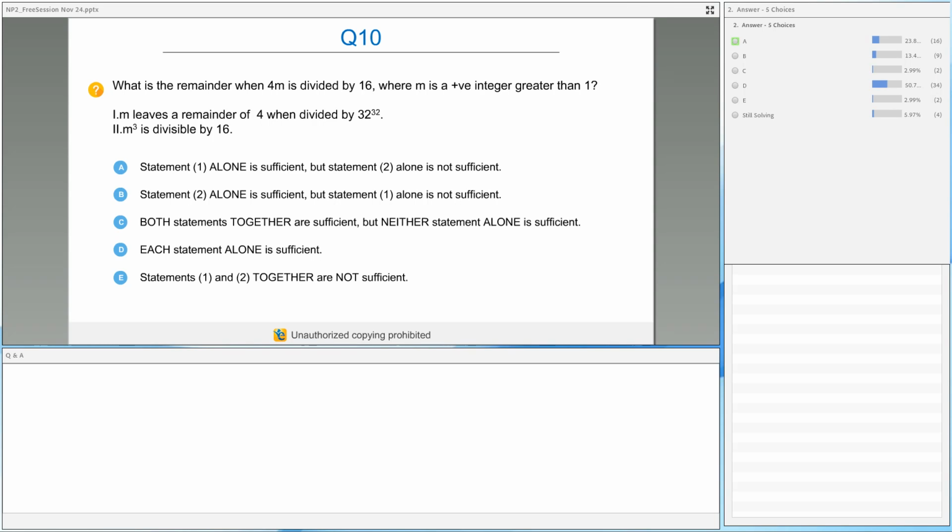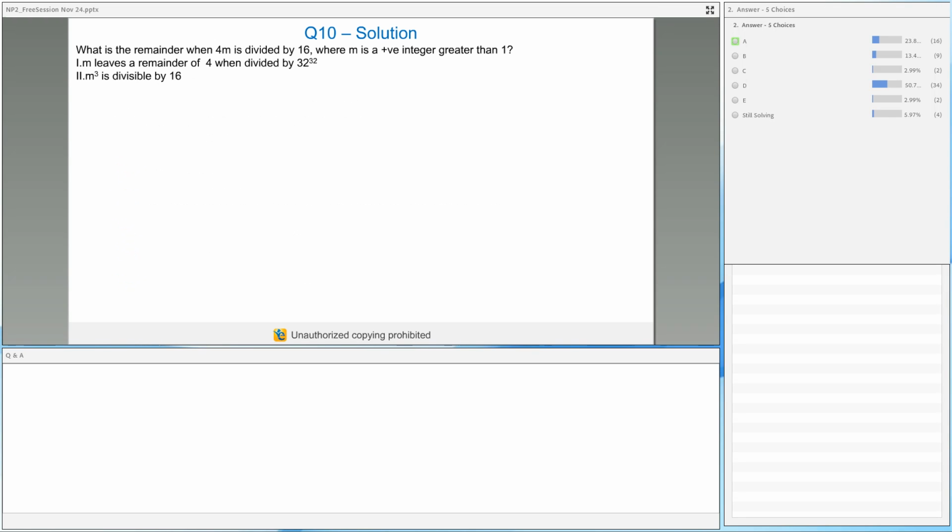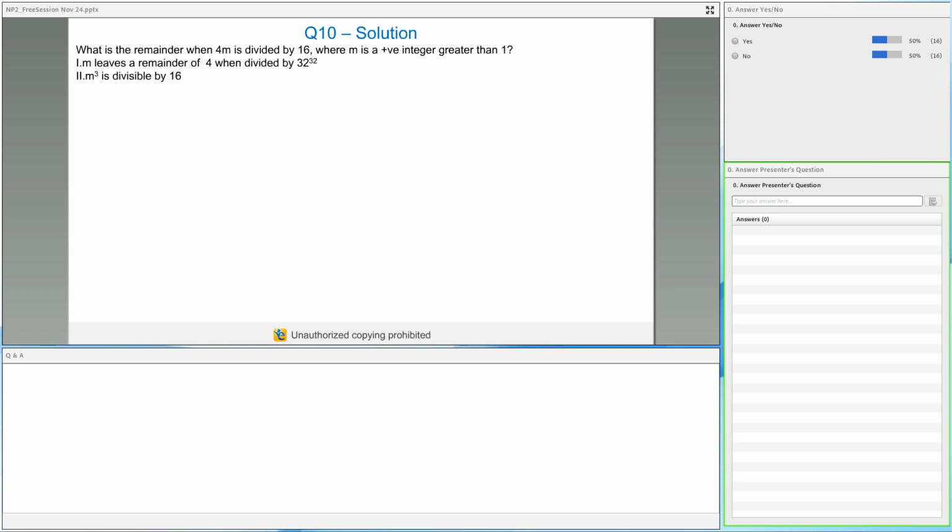Some of you think the answer should be D, about 23% of you think the answer should be A, and around 10% of you think the answer should be B. Now see, these questions, as I told you, are also based on the same fundamental principle, but now since we are dealing with variables, it gets a bit tough, right? So let me explain this question. There's a solution here which we can discuss, but let me ask you a few questions to help you solve this question very quickly.